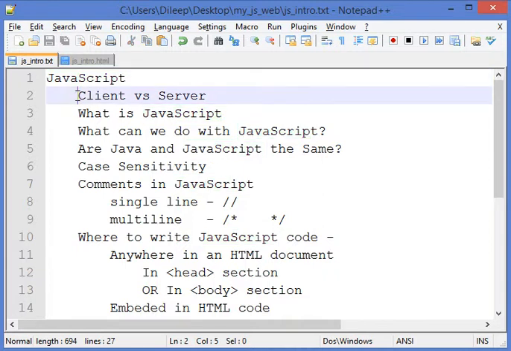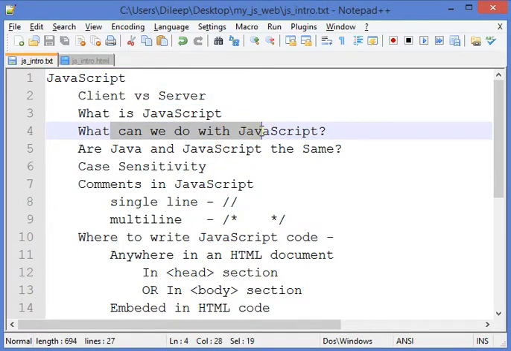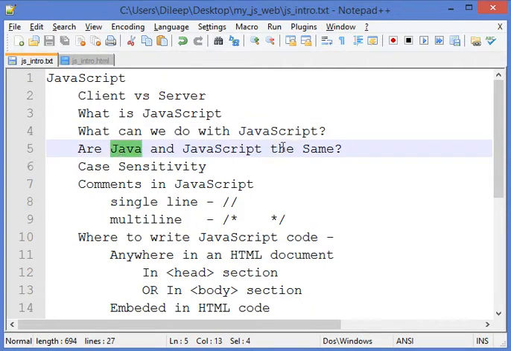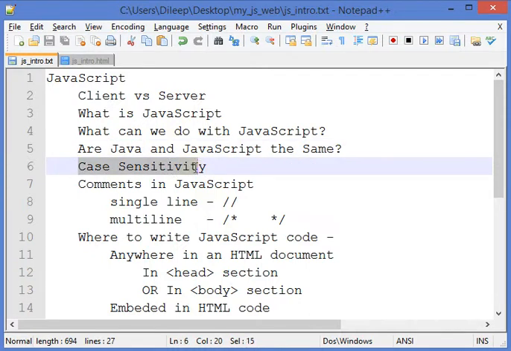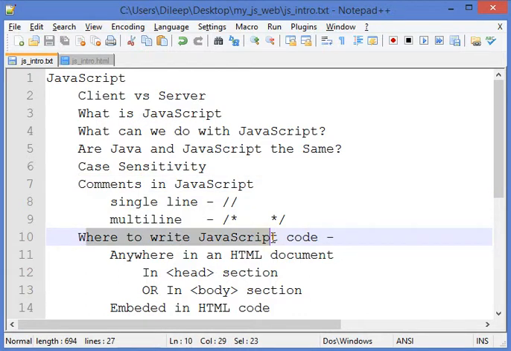We'll start with client server, understanding what exactly client server is, and then we'll move down in this index. We'll see what is JavaScript, then what we can do using JavaScript, whether Java and JavaScript are same or not, whether JavaScript is a case sensitive language, how to put comments in JavaScript, then where to write the JavaScript code,